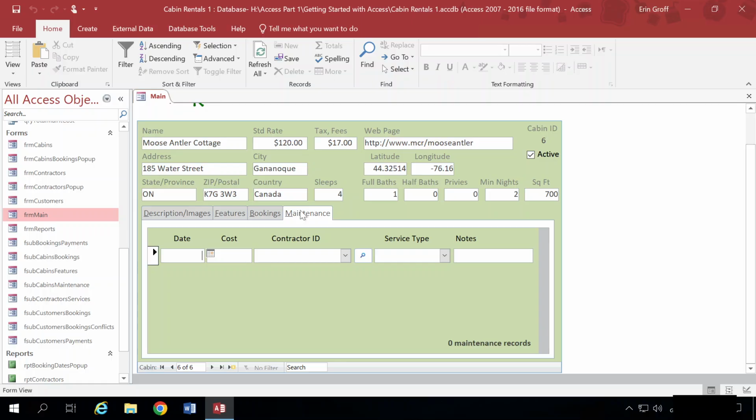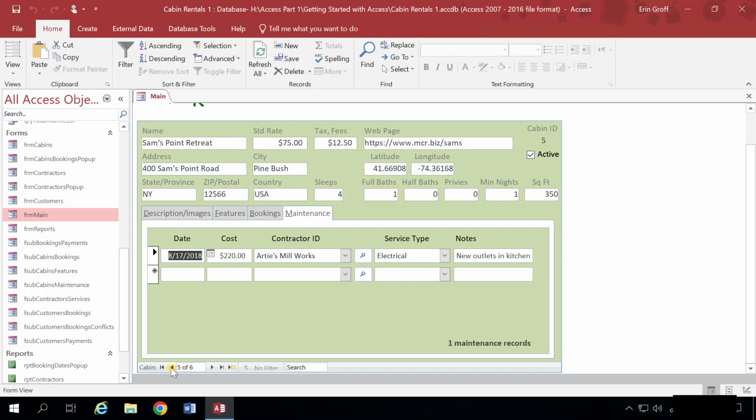In the cabin record navigator at the bottom of the form, we're going to select the previous record, and this will show number 5 of 6. The record for the Sam's Point Retreat cabin is shown. The user interface is still showing the Maintenance tab, and you can see that one maintenance task has been recorded for this cabin. In the cabin record navigator, continue selecting the previous record button,